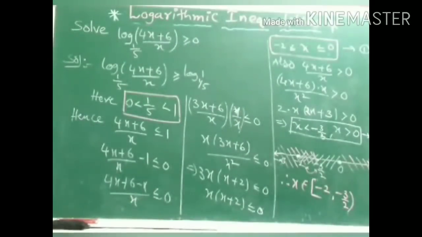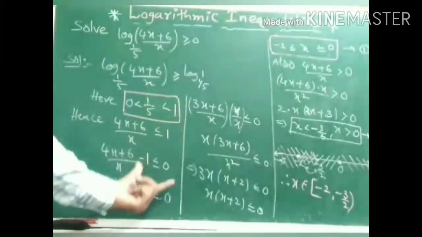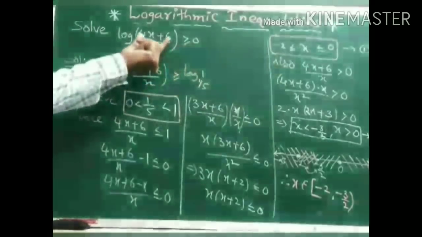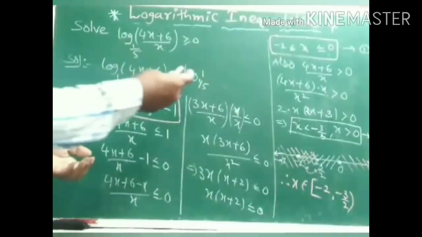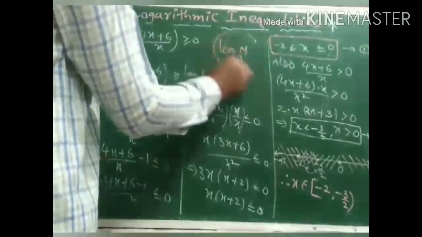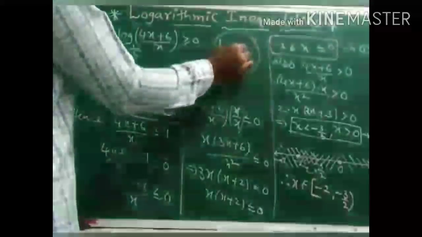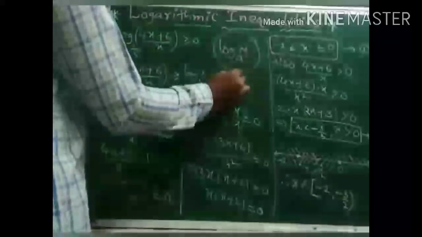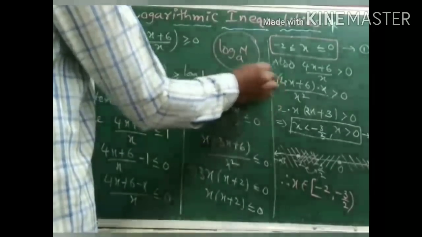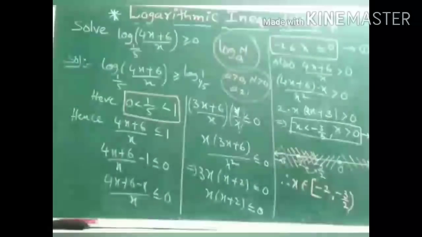Okay. So take care. Majority of problems can be solved in these two cases. Sometimes there may exist even a third case also. So first one, as per the inequality, we got one of the solutions. And this is common for everything, whatever is in the place of n. So every logarithm you can compare with log n to the base a. And please go through the conditions for a and n. Both must be a greater than 0, n greater than 0 and a should not be equal to 1. So these are the general conditions we need to verify for everything.